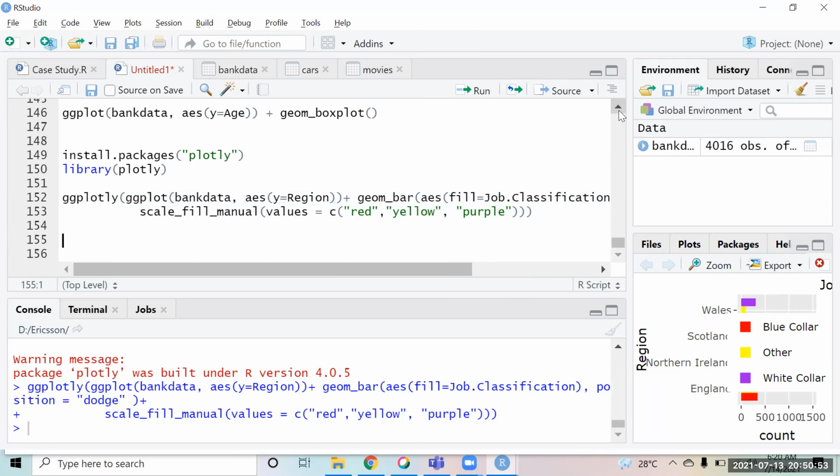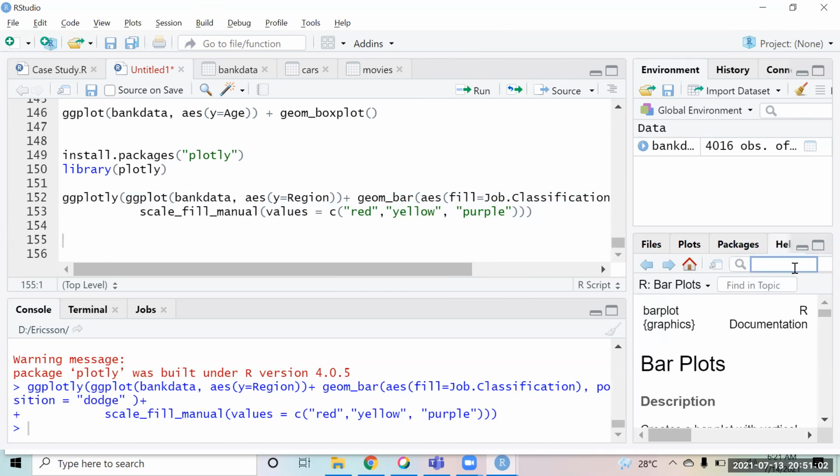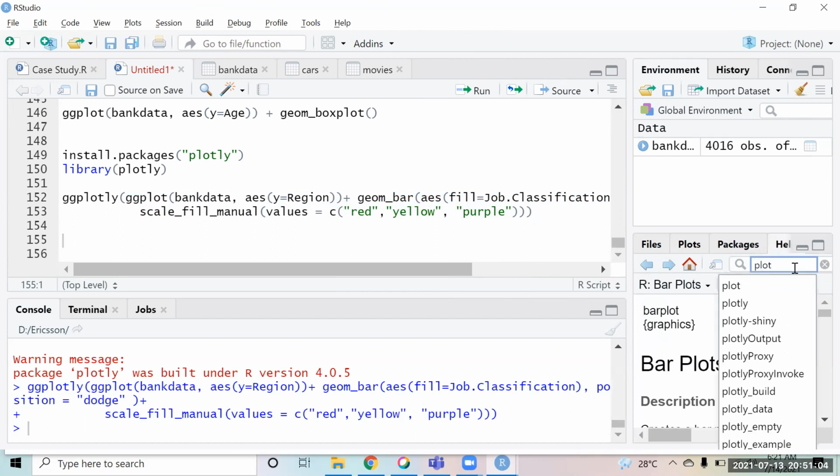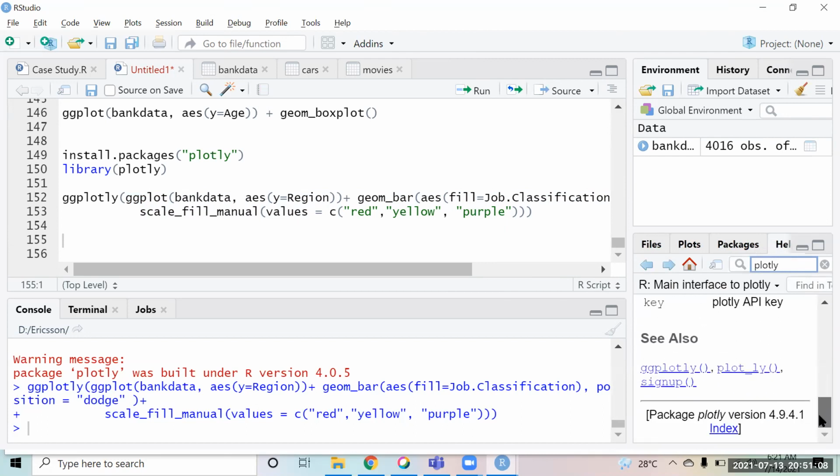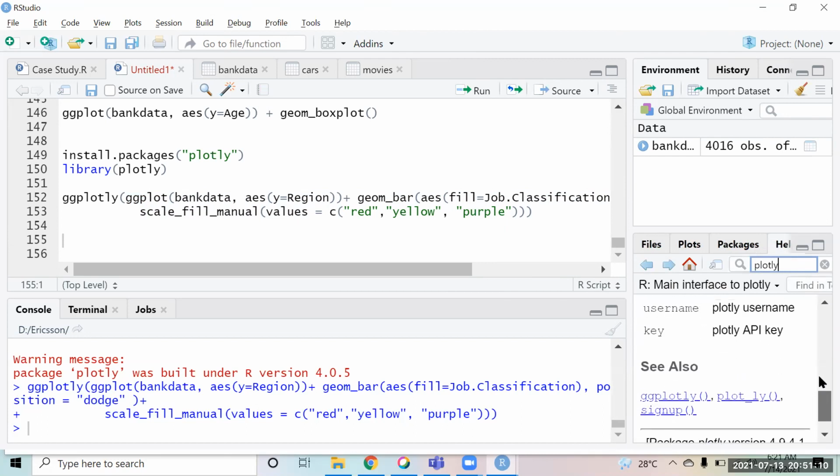Okay. And if you want to learn about more packages, how should we do it? Because there will be many packages. You can just find each and everything. Just type the name of the package and you will find everything in there. Right. So there are all the links in it.